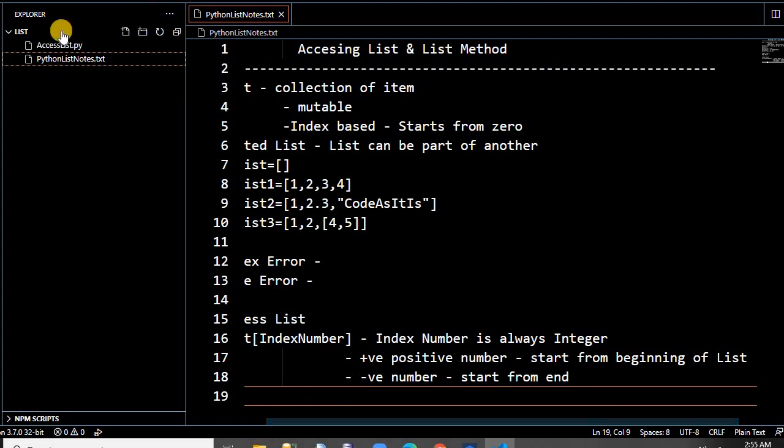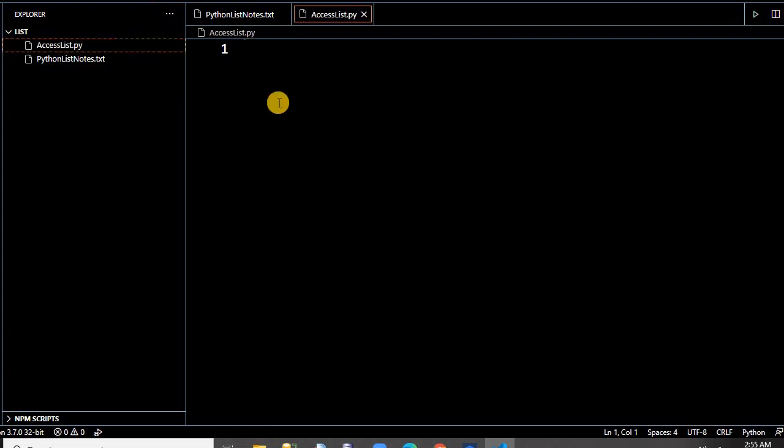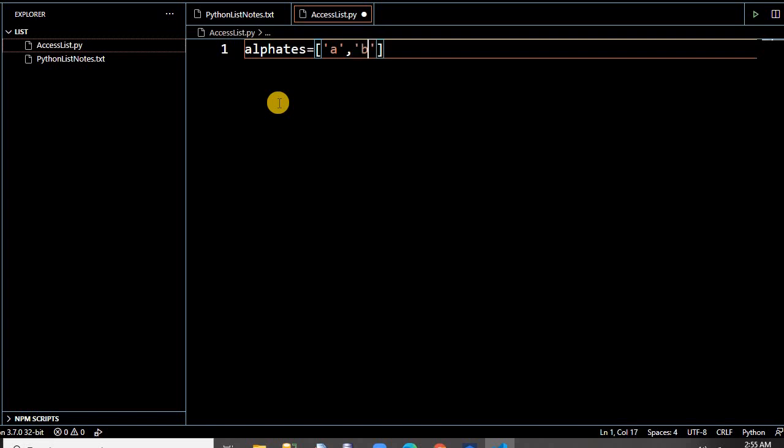Let's take an example of alphabets. We have one list which contains the alphabet, let's say A, B, C, D, and let's have 4 or 5 values.